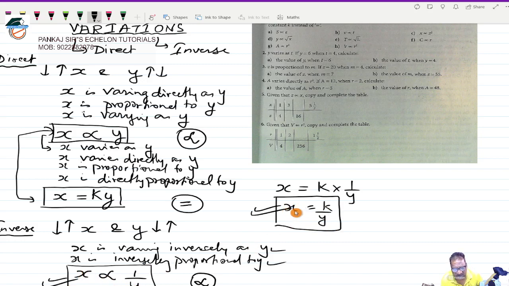This is also the same thing, x and y are inversely proportional to each other or inversely vary with each other. The only thing is here you are using an equal to sign along with a constant k. Here you are not using an equal to sign, here you are using a proportionality sign. Okay, so to summarize,